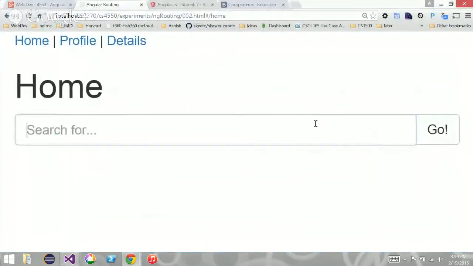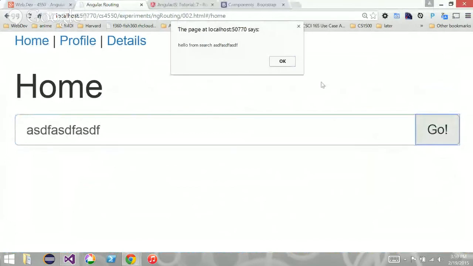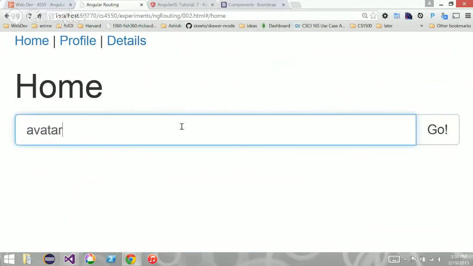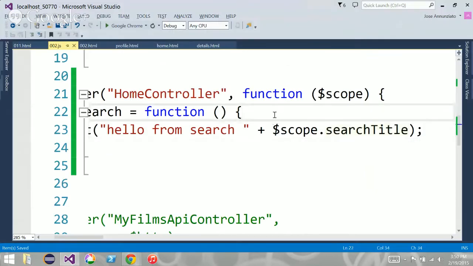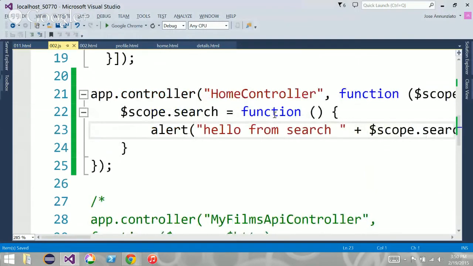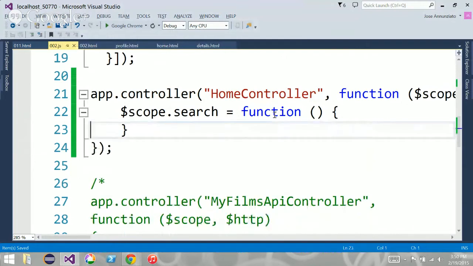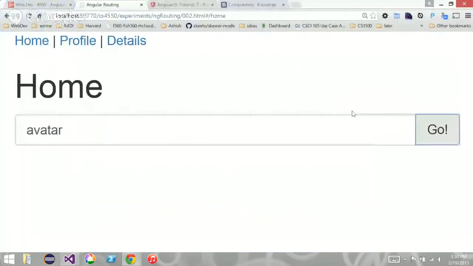And so if I refresh and I type something and say go, I have it right there. See that? So I have access to whatever is in the field, right? So if I want to search for avatar, I click on go, and there it is. Hello from search avatar. See that? So I have that field in the controller. The last piece is that I actually need to do the search, right? And for that, what do we use? We use that IMDb library, right? So that library is where, if we go back and we go to IMDb,